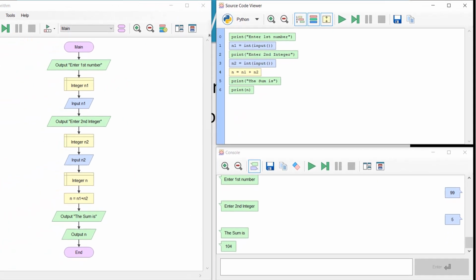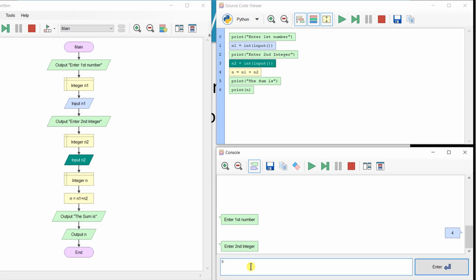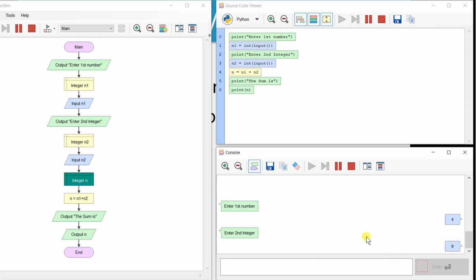Now again I am going to run it. Now you see whatever is getting executed, that particular statement is also getting invoked here. So the people will learn what the respective code is that I am generating. You see print, and it got printed.